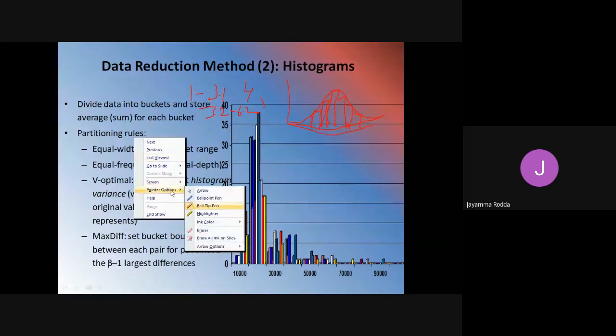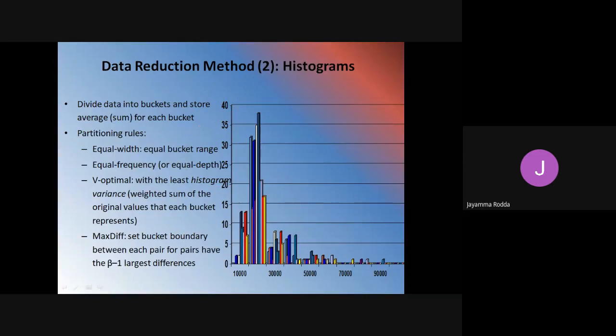What are the methods included in histograms? Anyway, you should remember that for a histogram the data should be normally distributed, and the curve is what we call a bell-shaped curve. Then the data is distributed equally. Anyway, this histogram is also another visualization technique to view whether the data is reduced or not.